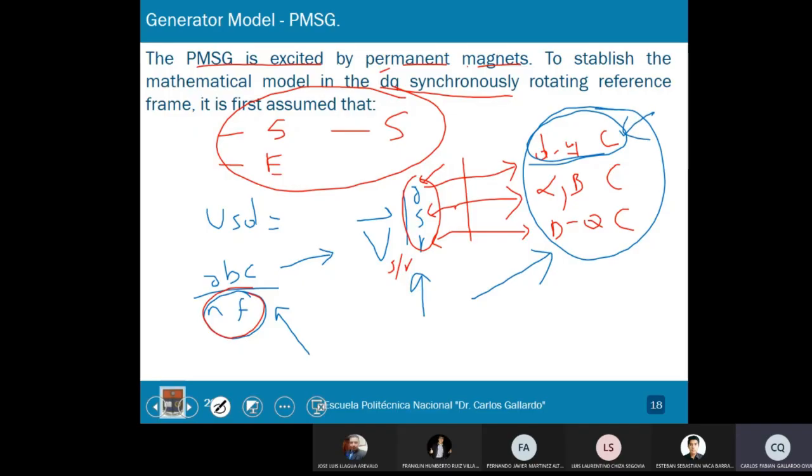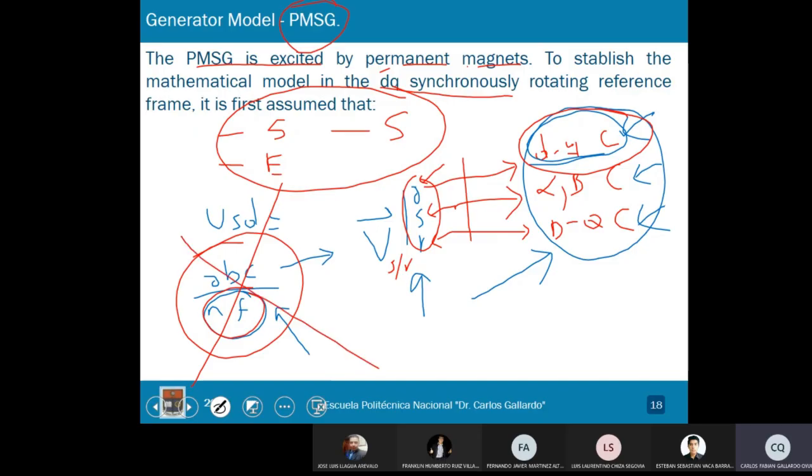The first one is the DQ, this is the synchronous. The second one is the stator, this is alpha beta. And the last one is the rotor. So once again, the starting point is this one, and this is the last point in order to get the dynamical model. So for the squirrel cage induction generator and for the permanent magnet synchronous generator, I am skipping this part. I am working only in this part, the final result. Even it's possible to say I skip only this part.